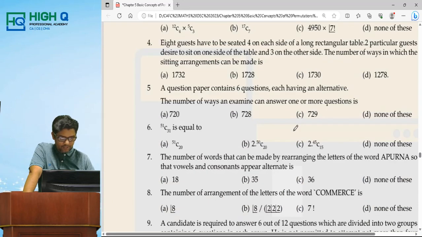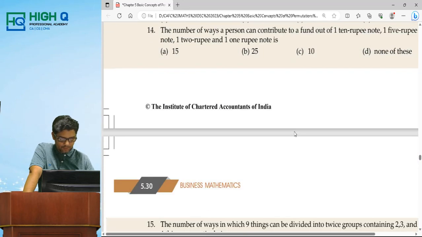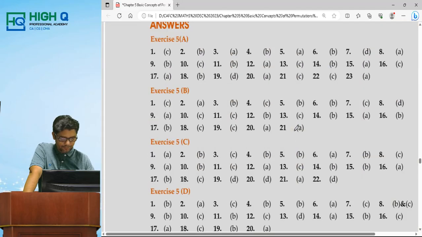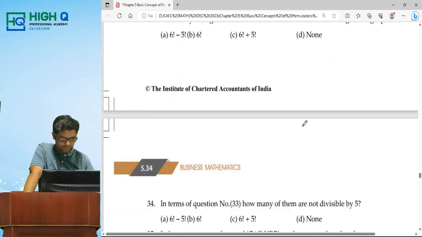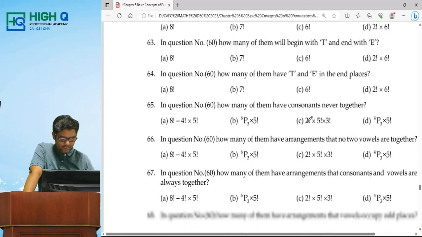Is there any question in this exercise? Or not? One not six,